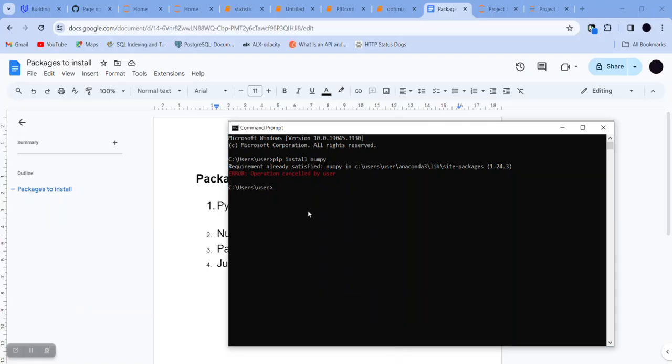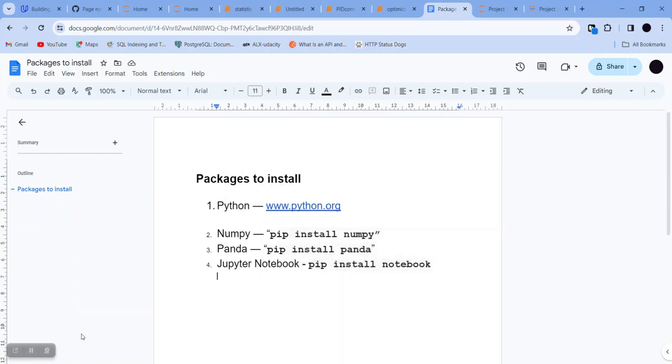If Notebook is installed in your system, if you type jupyter notebook and press enter, you should be able to open the application. Please look at the spelling. It's Jupyter Notebook. Once you enter, you should be able to open the application. But if it doesn't open, just simply